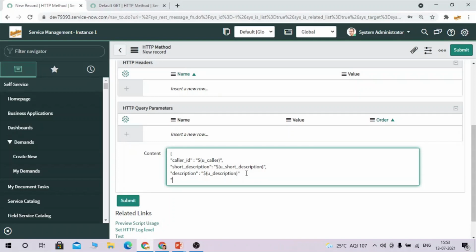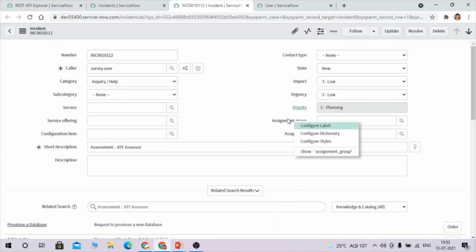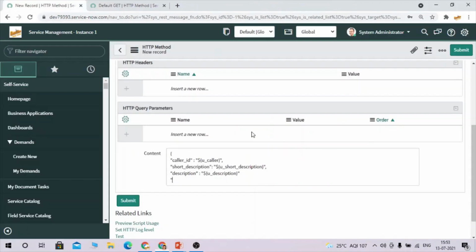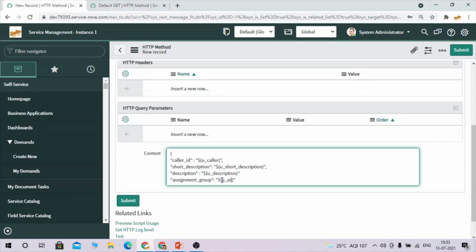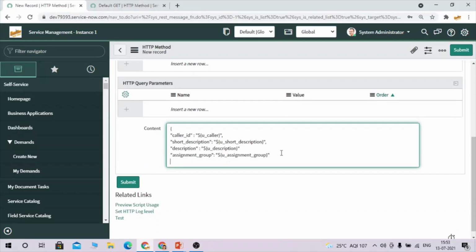Okay, let's say assignment group as well. So I'm just setting this many values. You can set more if you want. Here I'm going to give u_assignment_group, and I need to close this with curly braces.